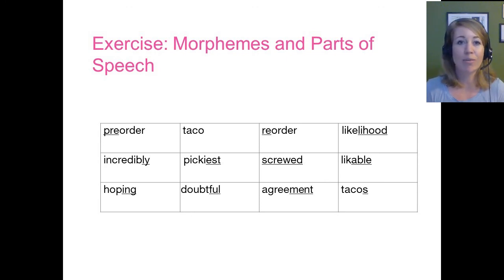But in order to answer some of these questions, you might need to use a dictionary, and that's okay. Right now, we're just building awareness of the fact that all these free morphemes and bound morphemes, when they combine together, have a significant impact on the way you can use these words in speech. So go ahead and try this exercise. Give it a go. Like I said, use a dictionary if you need to, and then proceed on to the next lecture when you are ready.